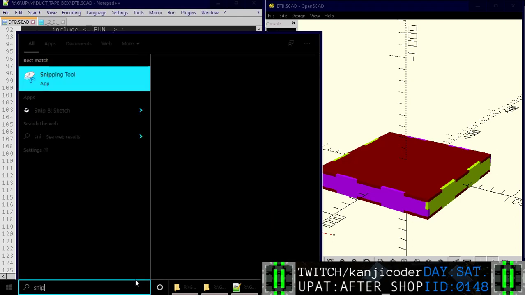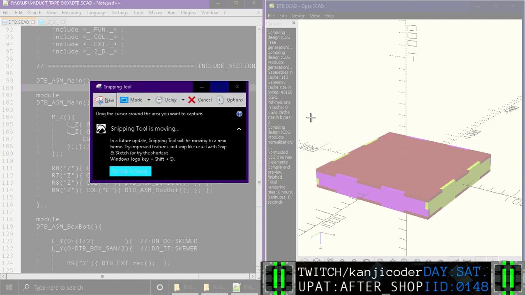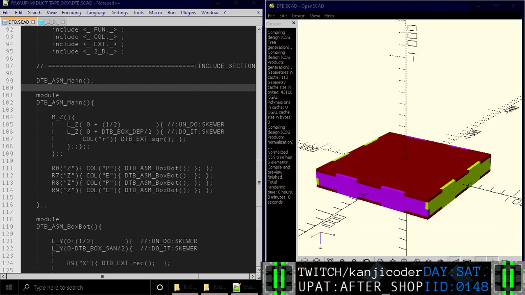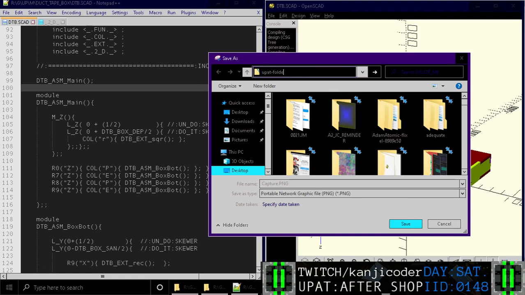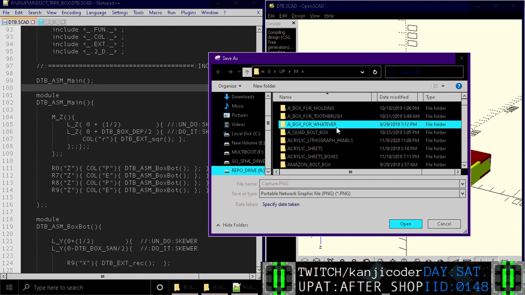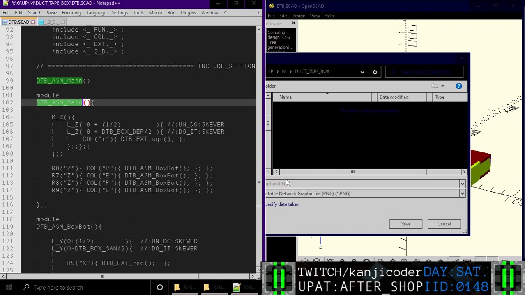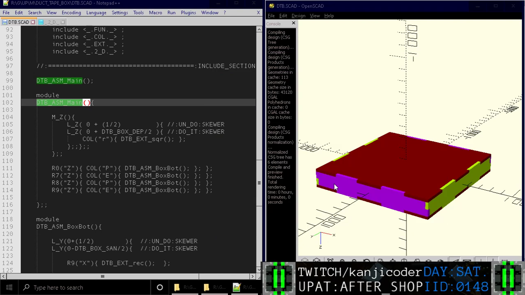And now that we have a name for it, the reason I wanted to wrap all that code into a function is because I have a habit of taking what I've made, and then we can save this as a PNG file. We're going to save it as the exact name of the function used to make it. So in duct tape box, we're just going to save it right here. We're going to call it DTB ASM main. That way, when we're trying to look for code, we can look at the images and know exactly what code we need to look for if that's the thing we're interested in. So DTB ASM main, and